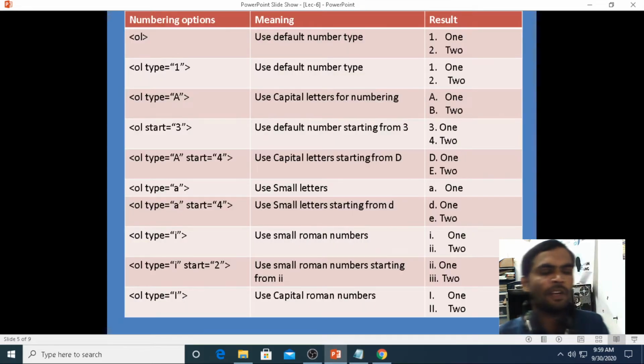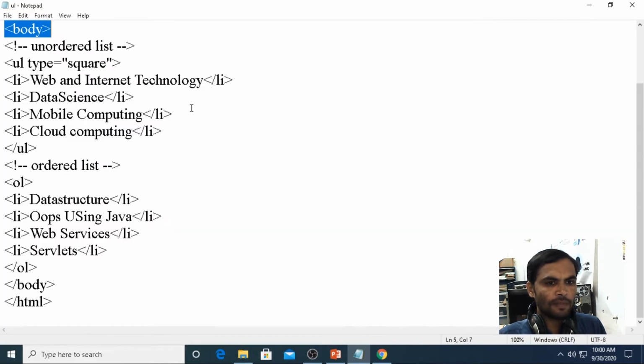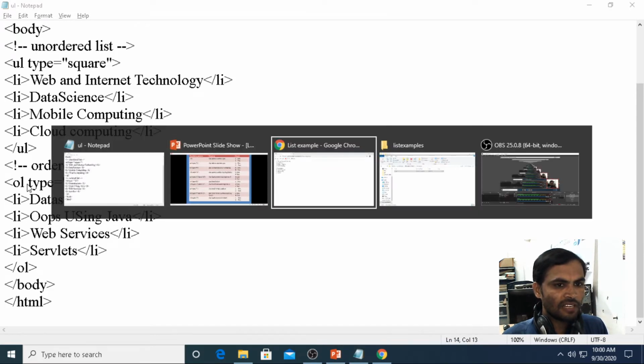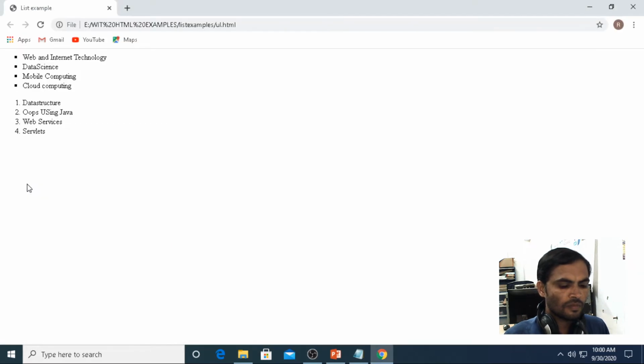Now if you are going for the numbering options, what types will be there under the ordered list? Under the ordered list, type is an attribute. If you are using 1, the default number type is 1, it will give 1. Then coming to using a character. For your understanding, I am using OL type equals to; by default it is taking numeric. Now we are giving an uppercase character. Now we are getting A, B, C, D.